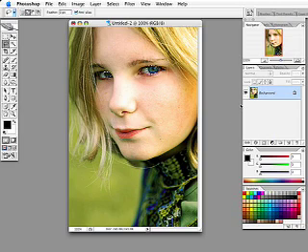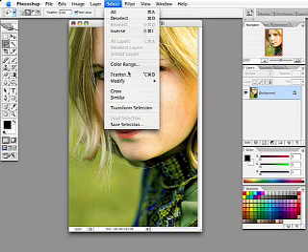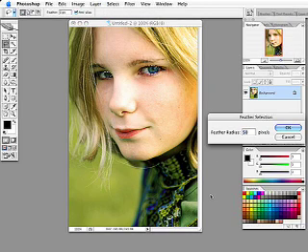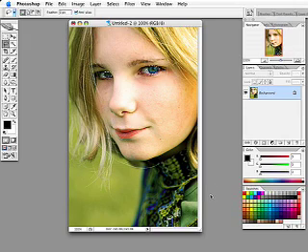Then I'm going to come up to the select menu and choose feather. And I'm going to choose a radius of 2 just to give it a slight feather. And then I'm going to inverse my selection by holding down Shift Command or Shift Control and I on my keyboard, because the effect I'm getting ready to apply, I only want to apply to everything except the colored part